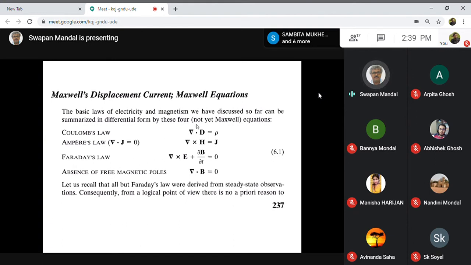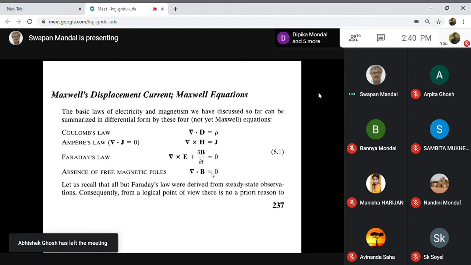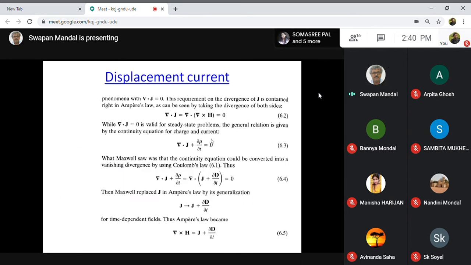One is divergence of the field, the other one is curl of the vector field. Okay. In case of magnetostatics, similarly, we have two relations like this: curl of H equal to J and divergence of B equal to 0. Divergence of B equal to 0 corresponds to the fact that we cannot find a magnetic monopole. In other words, the absence of magnetic monopole is guaranteed by this fourth equation, divergence of B equal to 0.